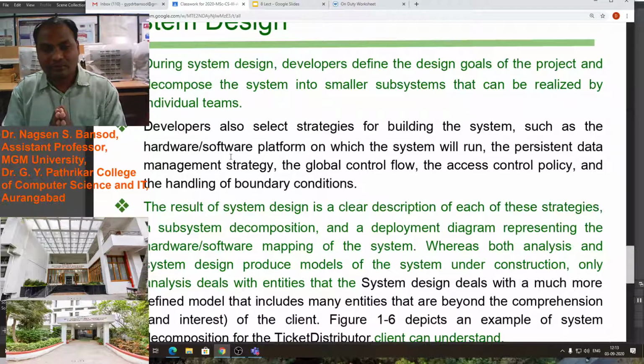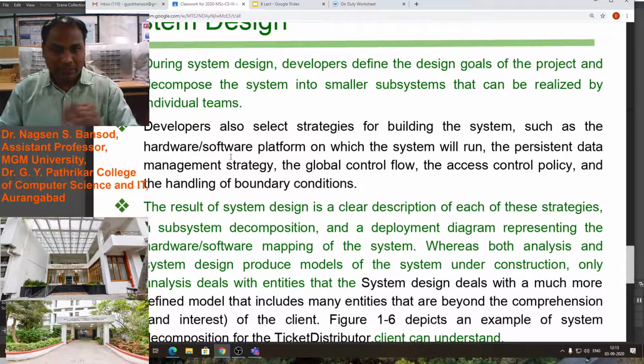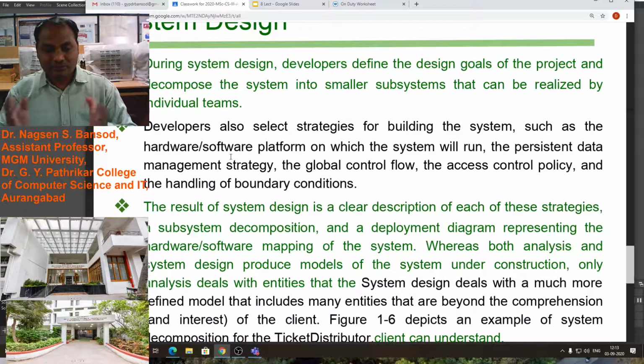Hardware for the ticket distribution machine requires only the embedded kit and a small display to show the output. And for software, to design such a software, we require a tool like Python, Java, .NET, all those programming languages we can use to develop software.